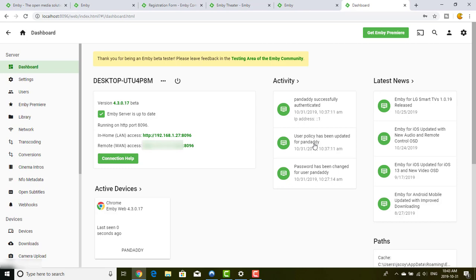I have a user policy that has been updated for me, so I guess this one is for the fact that I changed my password. No, the password is here, and this one is, I guess, when I accepted the terms of service or something like that, it was part of the user policy update. You have the latest news